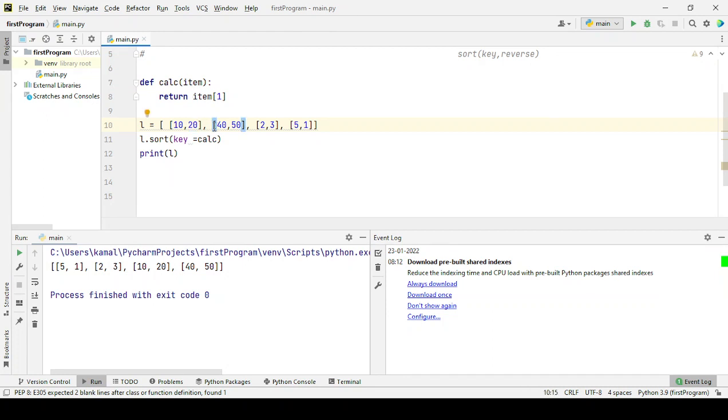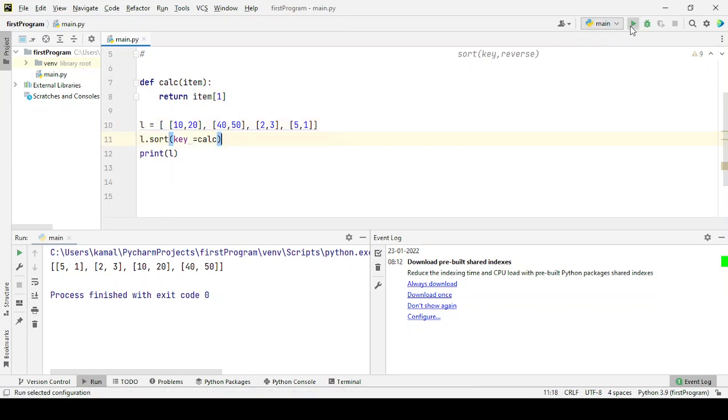The next time the item will be this, the item element will contain this, so it will return the one index, that is 50. And for the third one, the item will be this 2 comma 3 list, and we are returning its index 1, that is the second element. For each element we are returning the second one, and based on that second one,